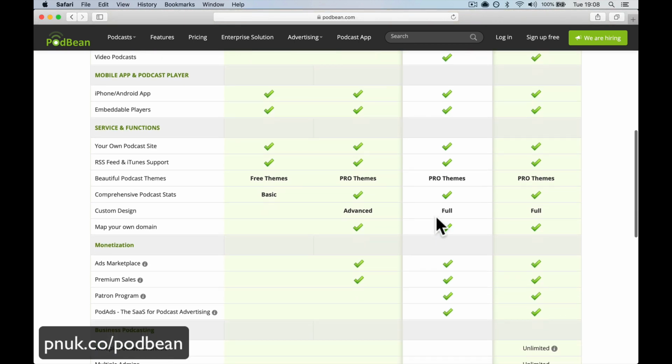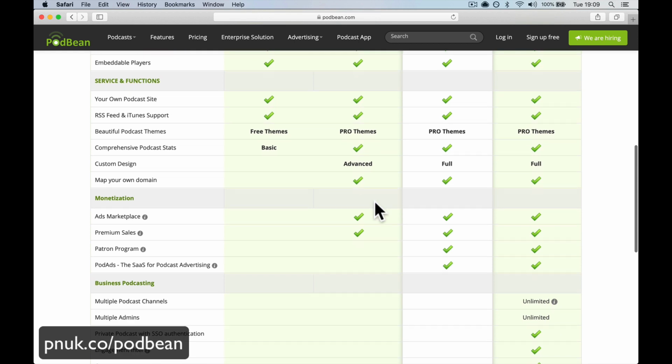Again, everything across all the options until we come to Pro themes. So you're going to get extra themes on your podcast website, which you're going to get a domain name for. You're going to get the advanced themes. You're going to get the advanced options, and you can tinker with custom design of that. You're going to get your stats again, but you're going to get deeper stats on the paid version. Map your own domain. So if you want to be podcast.yourdomain.com,